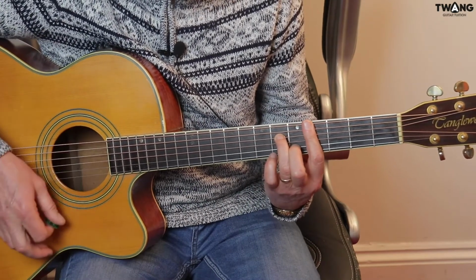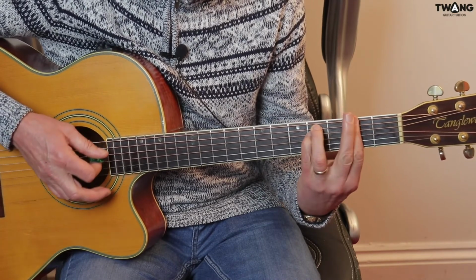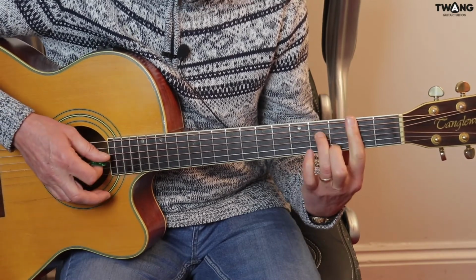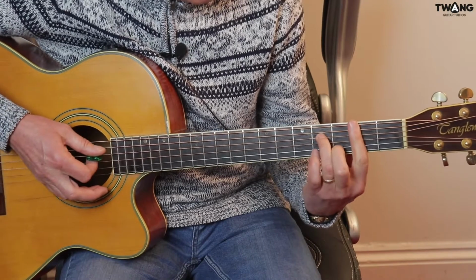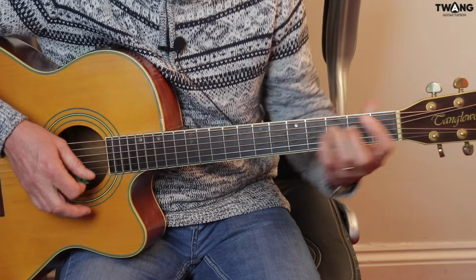2 beats on that one. Then to an F sharp minor 7. Again, F sharp minor 7, with my little finger taken off. So B minor 7, which is the same shape as a C sharp minor 7, just down on the 2nd fret. And then